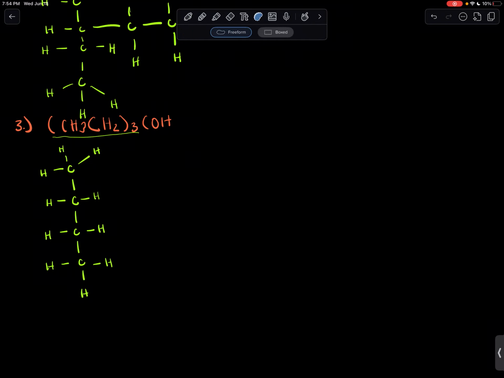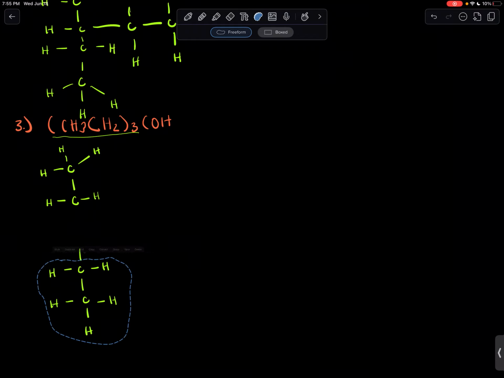I'm going to cut the center. And I'm going to squeeze another carbon in here because I know that I can put another carbon here, okay? If I want to, I can put another carbon there. And I can make it be